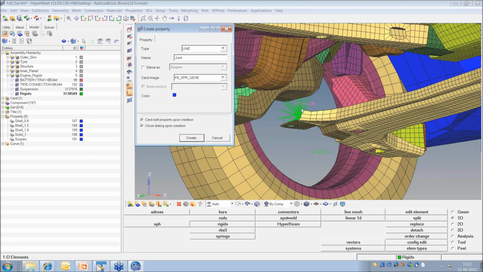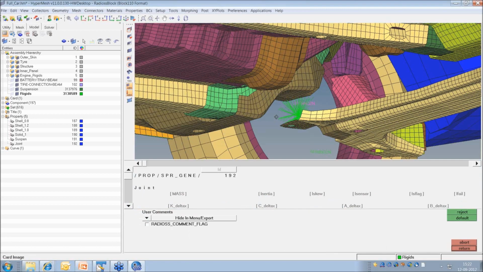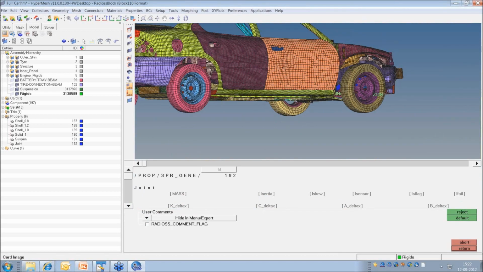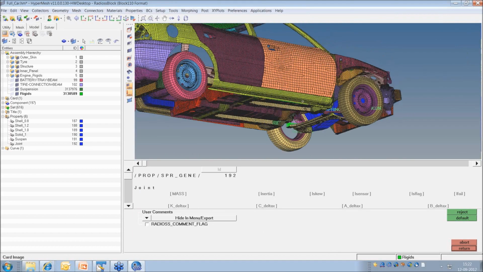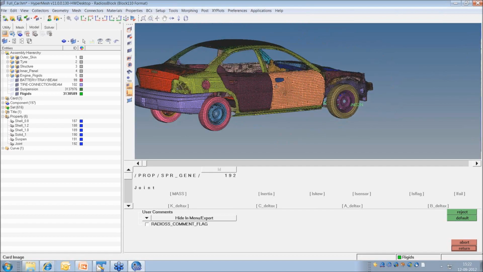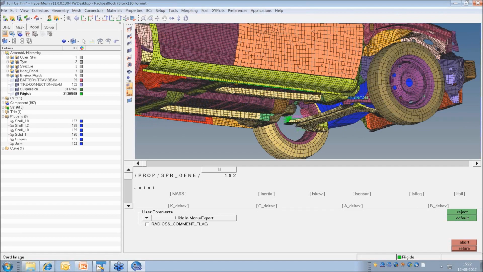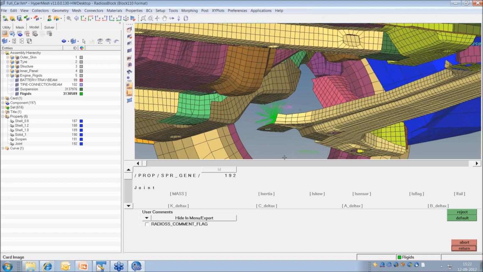Why am I telling that? Because now here I have selected the card image as type 8 spring. Let's say create. Now my intention is it should be able to freely rotate along Z. If you see the vehicle, in the vehicle Z is towards upwards, and this revolute mechanism has to work